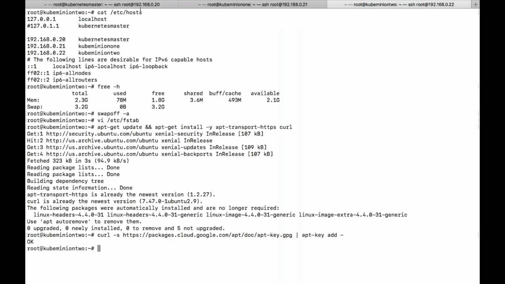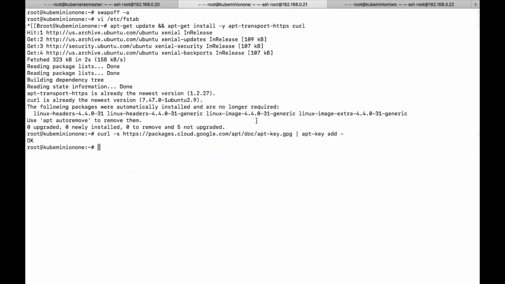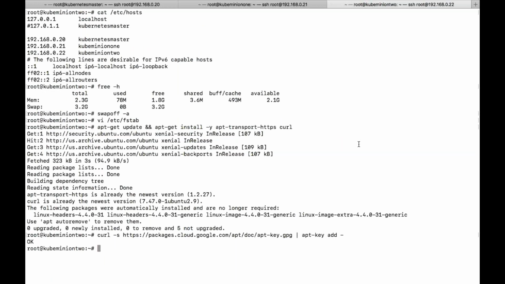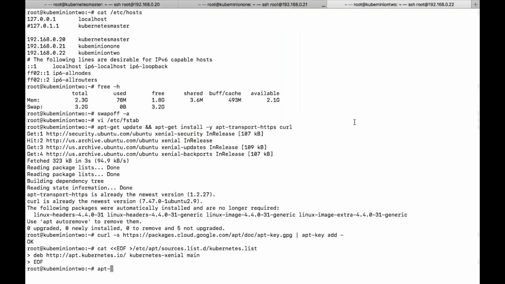Next, copy paste this. Okay, then do the update command, because whenever you create a new repository, we need to do an update in the Debian machines. In CentOS it is not required.